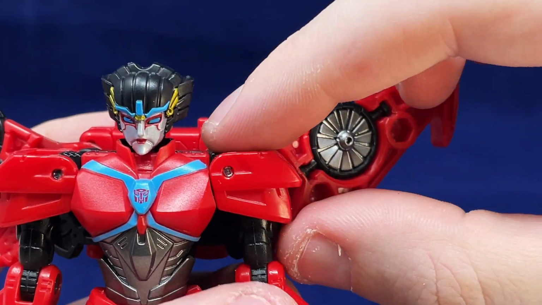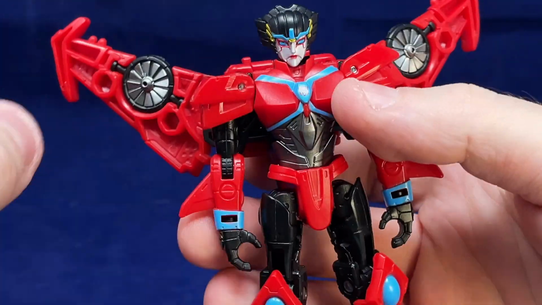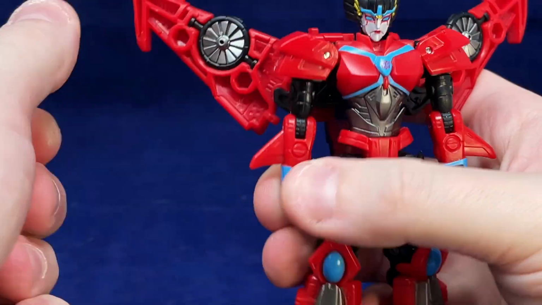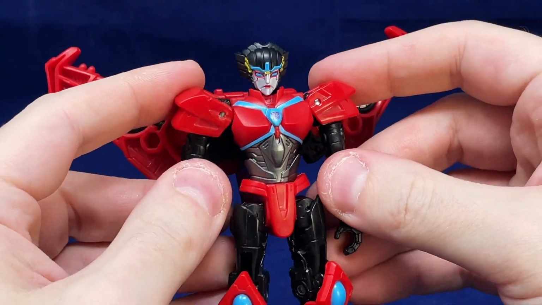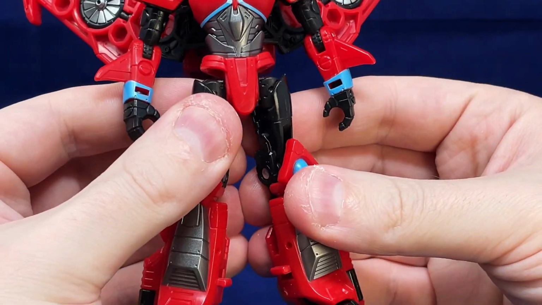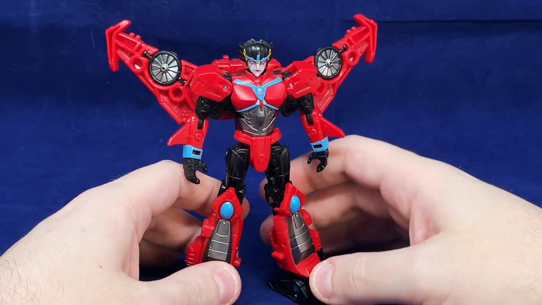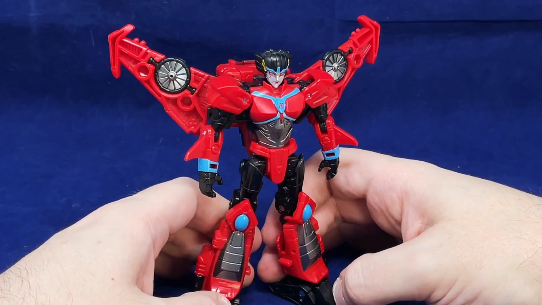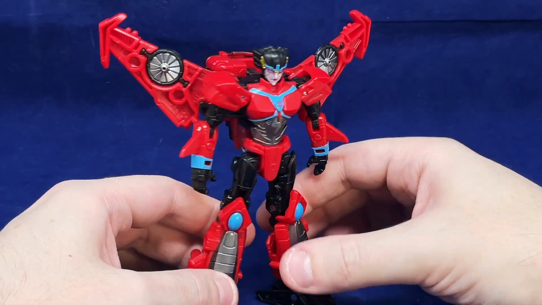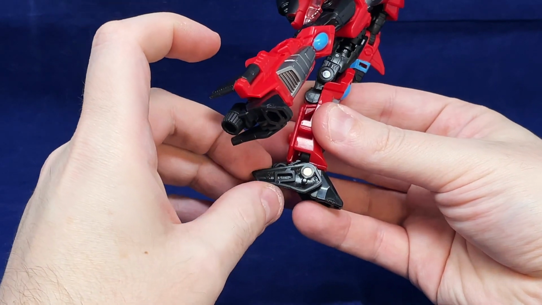And then lastly, you want to hold the arm in place, grab the shoulder, and just click it up. One little click. There we go. And that adds a little bit more of a dynamic flair to the shoulders. And that is Legacy Windblade in her robot mode, and she looks pretty cool. I don't know why she's leaning back. She's normally actually pretty well balanced. What is going on here? Did I click the...